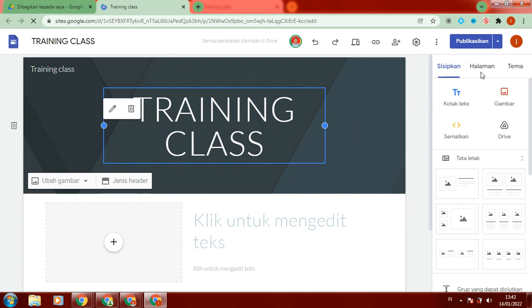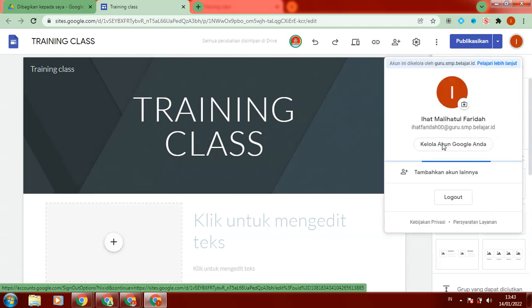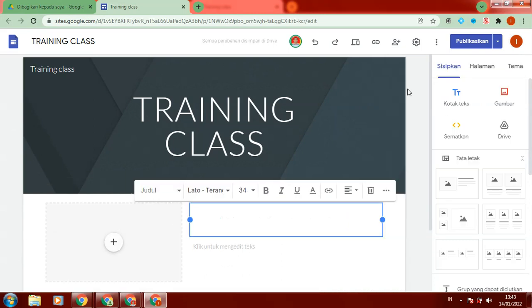We can edit the content, and we can insert a new page. We can edit with another account, I mean email address, and we can insert something, picture, image, or document.